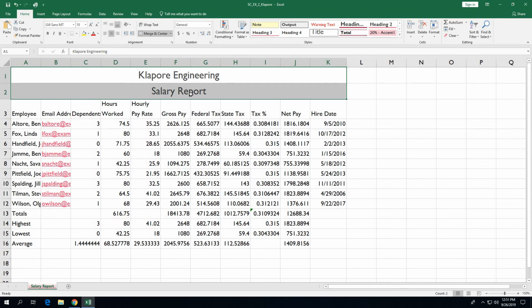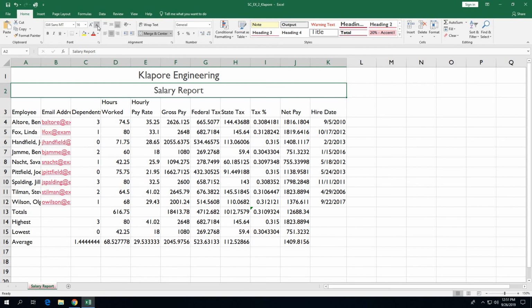Then we're going to click on cell A2, and click the Decrease Font Size button one time. It's on the far right of the Font group of the Home tab. You're going to click the Decrease Font Size button one time for cell A2, just so that the subtitle is a little bit smaller font size than the main title. Alright, and once we've done that, we're going to move to page